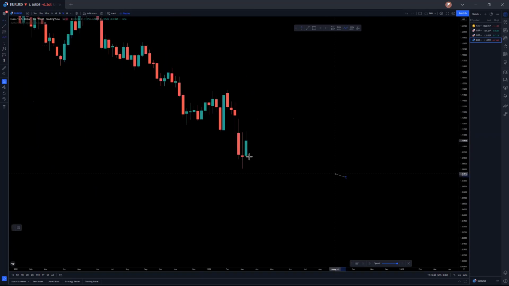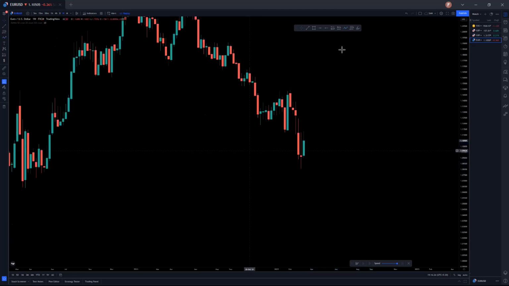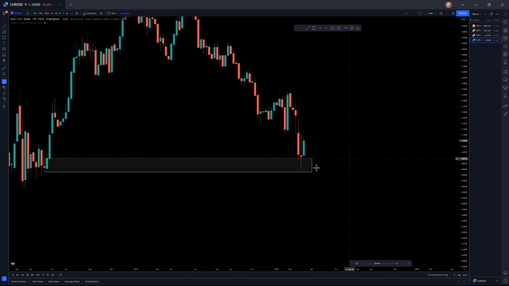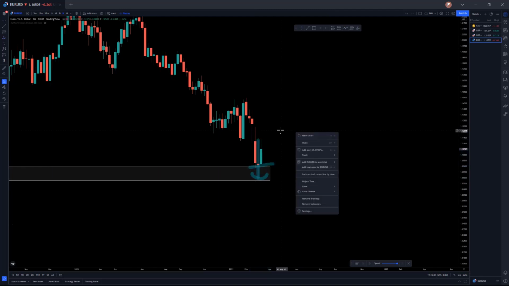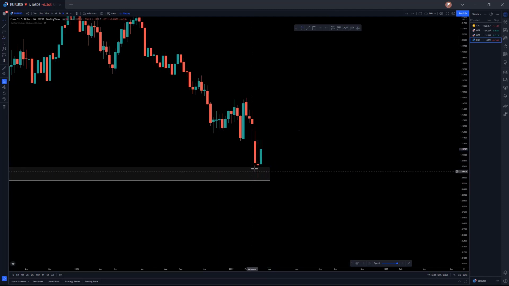Now if we see here, the momentum is pretty strong. And price is also in the POI. This is according to the weekly. Now once price got to the weekly POI, look at the momentum. This candle really didn't produce that much momentum.